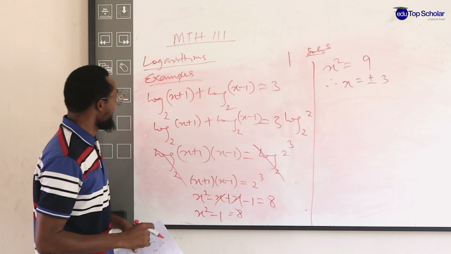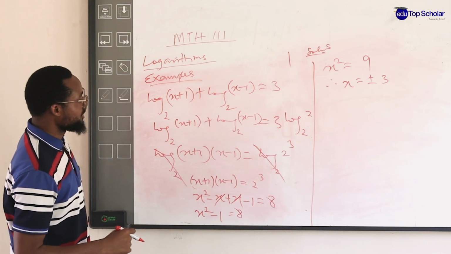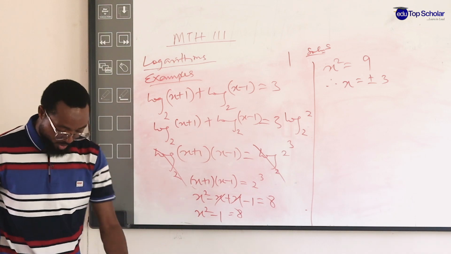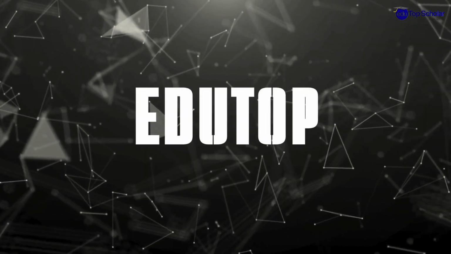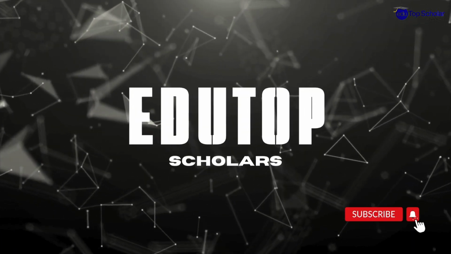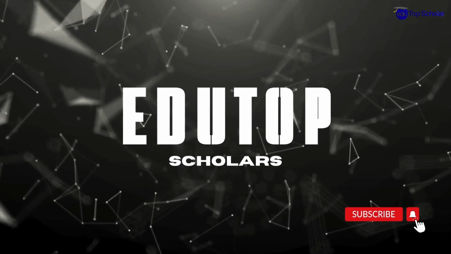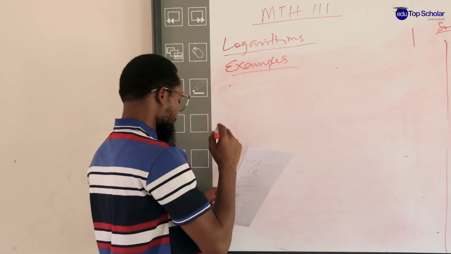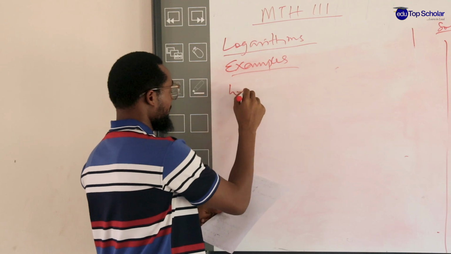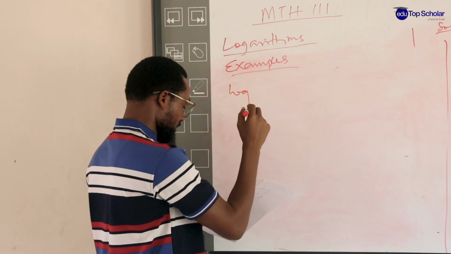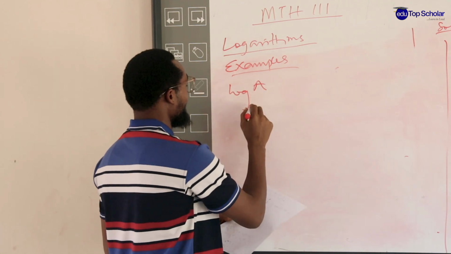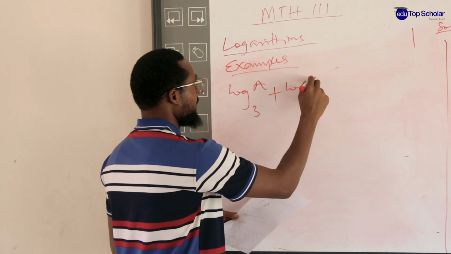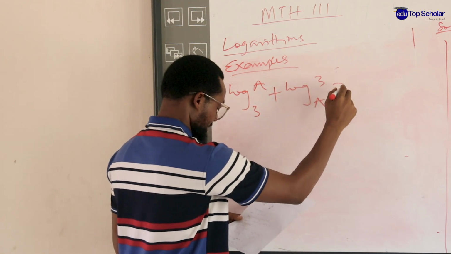So, that will be our solution. Very straightforward and short. I want to take one more before we wrap it up on this. This one says, find the value of A if log, we want to make use of the transformational law here, A base 3 plus log 3 base A equals